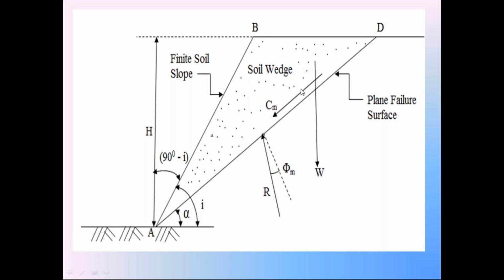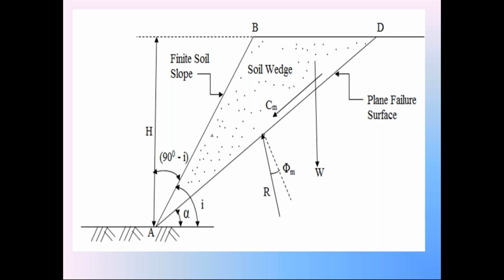At the borrow area, by conducting soil exploration, we can determine the unit weight of this soil, gamma, the cohesion, C, of this soil, and also the angle of internal friction, phi, of this soil. So remember, please, we know all the properties of soil used in the construction of the embankment or the earth dam or the canal. Our aim in Kalman's method, dear students, please listen to this carefully.